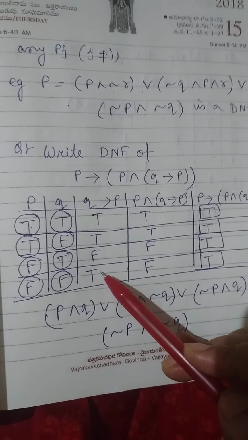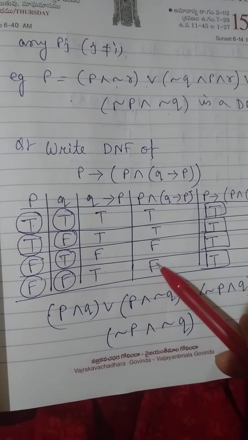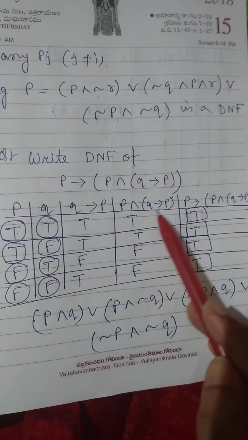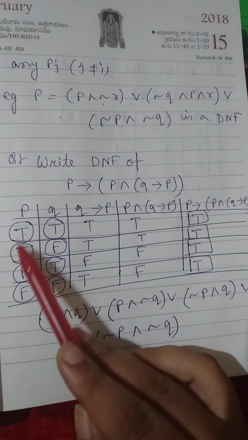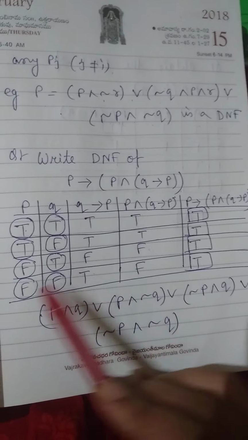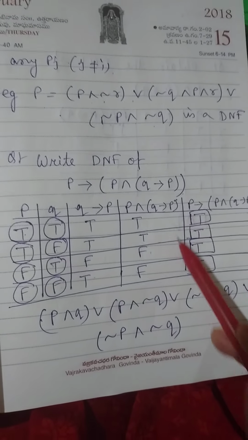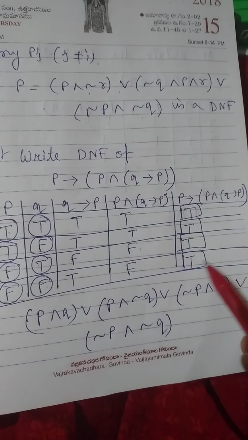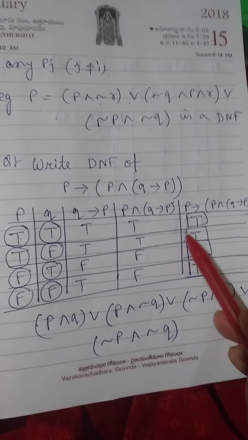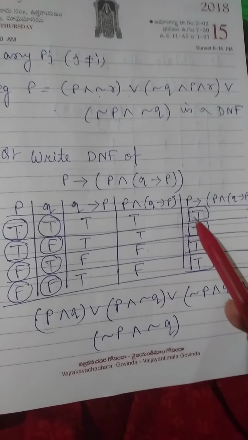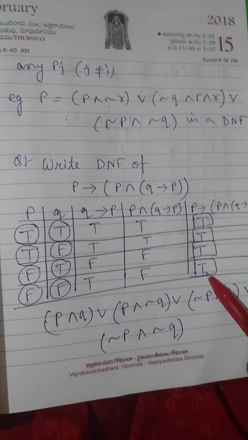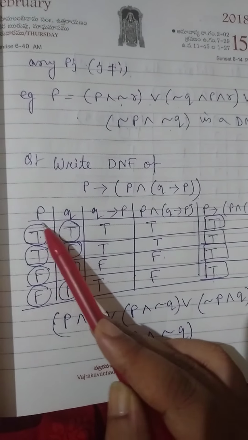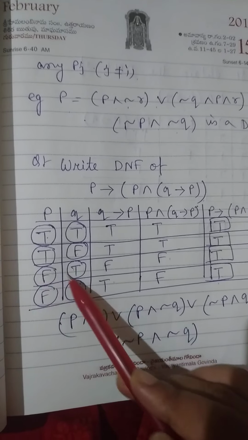Then Q implies P, you know how to calculate. Then P and Q implies P also, you know how to calculate the basic truth table of AND. Then P implies this thing, P and Q implies P. True implies true is true, true implies true is true, F implies F is true, F implies F is true. So when we calculate the DNF, in the answer column you have to mark T, where the variables are taking T. Here there are 4 T in the answer. So we mark 4 T, and also mark what the variables P comma Q are taking.